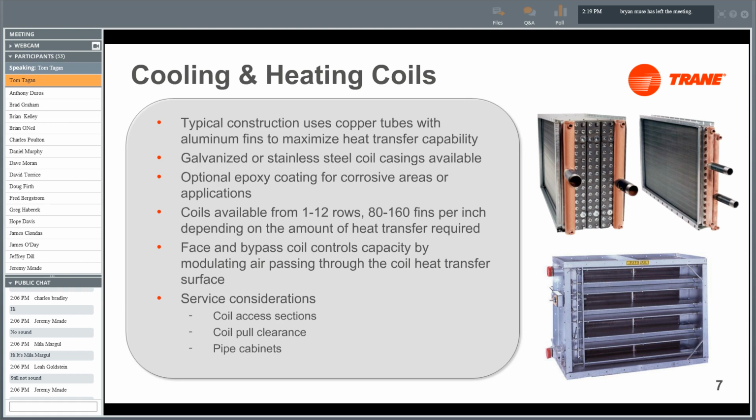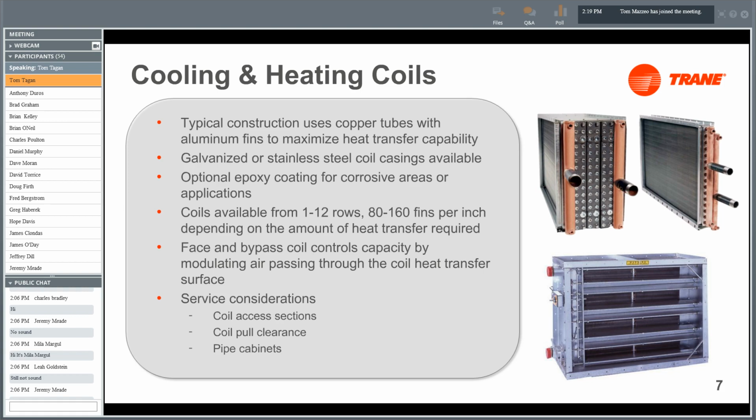We also have something that's called a face and bypass coil, which is shown on the bottom right-hand corner. So these were typically used in steam applications or older hot water applications. And on these coils, you have a face and bypass damper. And this face and bypass damper allows the coil to bypass some air around the coil and send some air through. So you have a mixing strategy of conditioned air as well as bypass air in order to meet your